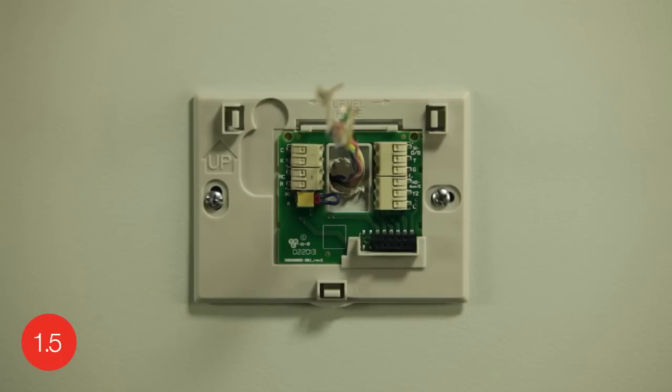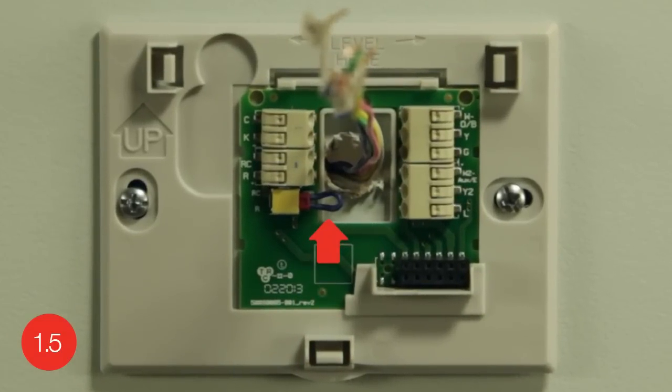You will see that your new Wi-Fi thermostat has a jumper wire for connecting the R and RC terminals. It is located in the lower left of the terminal area and not directly in the same location where you will be inserting wires for the R and RC terminals. Keep this loop in place, unless you have both R and RC wires. If you have both wires, remove the jumper loop by simply pulling on it and insert the wires into their